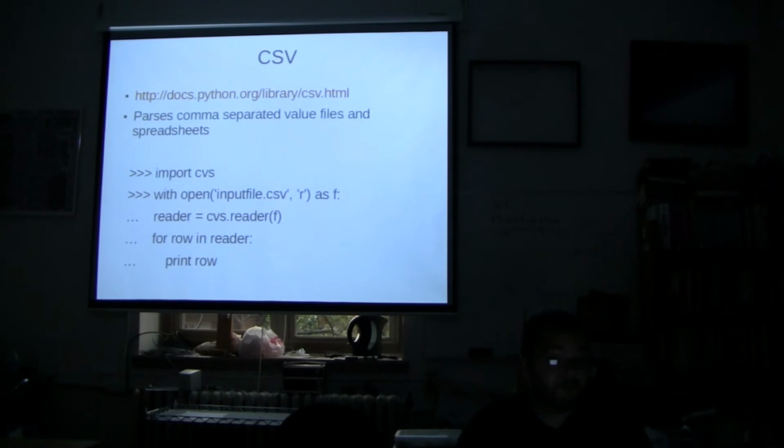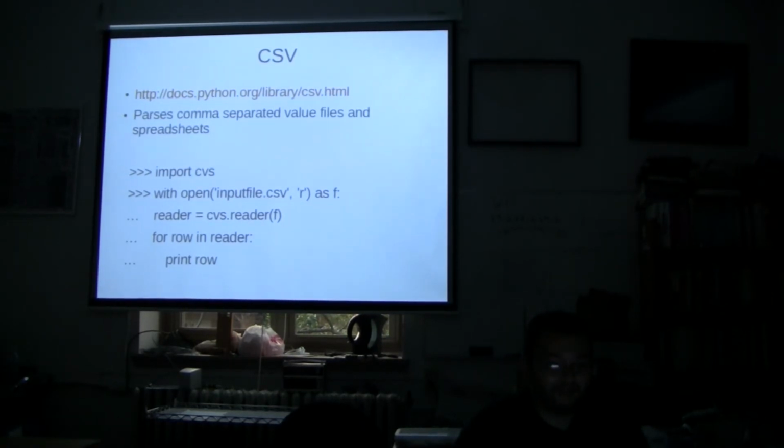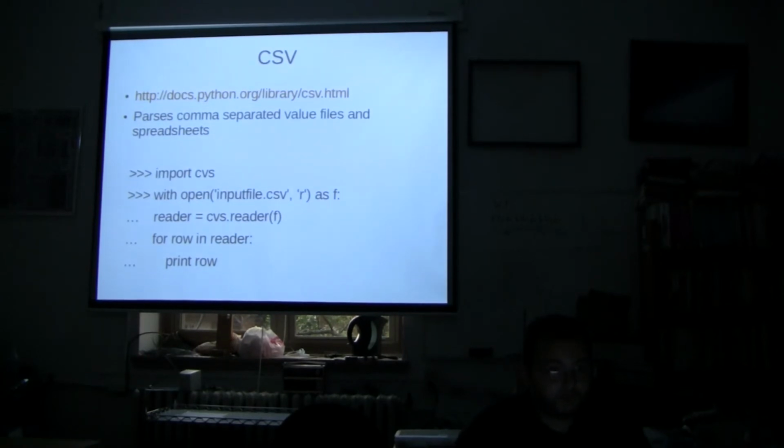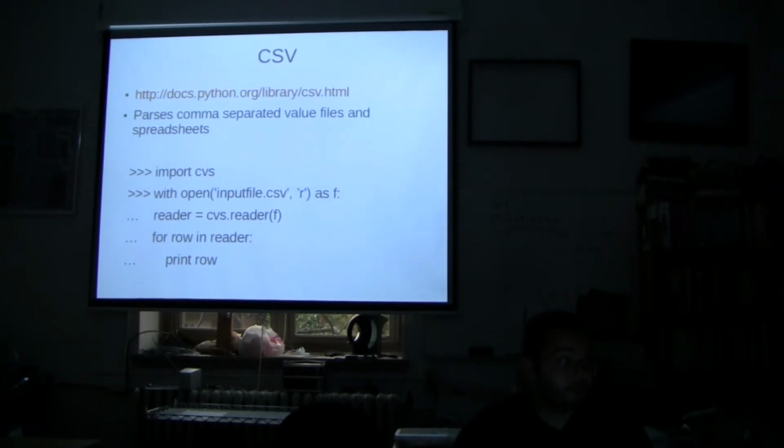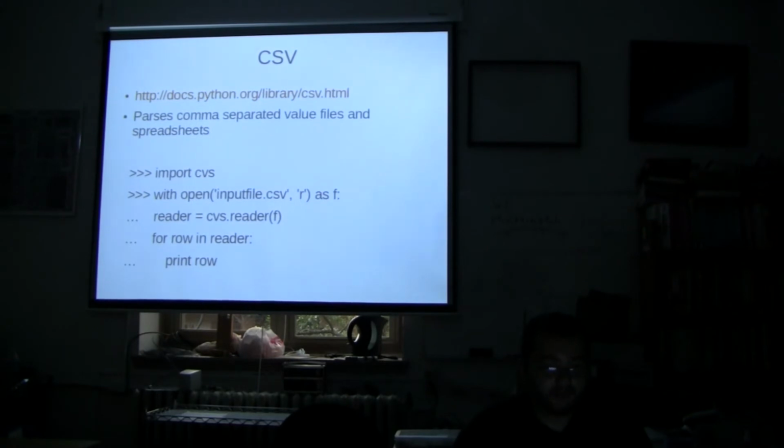All right, CSV is another way of storing information. This one's nice and easy. Comma separated values, right? This is just a cute way to read and write comma separated value files. There are different dialects within them. Excel has a very specific way it likes to output CSV files when you hit export to CSV. This CSV library handles that, so you don't need to think about it. You can open CSV files and read from them. You create a reader or a writer depending on what you're doing, and then you iterate over that reader. It's no big deal.